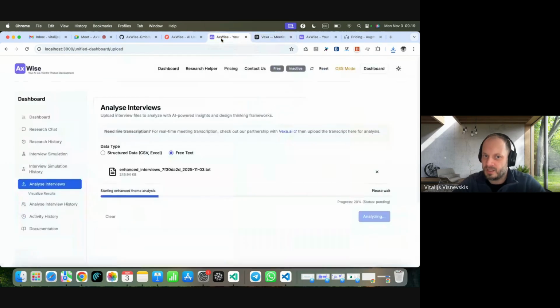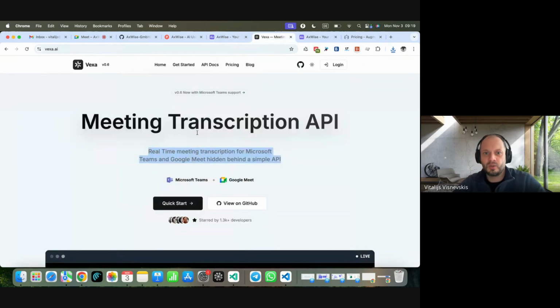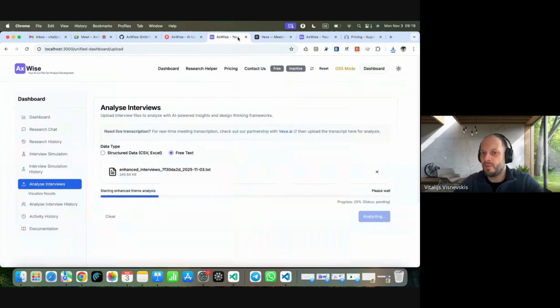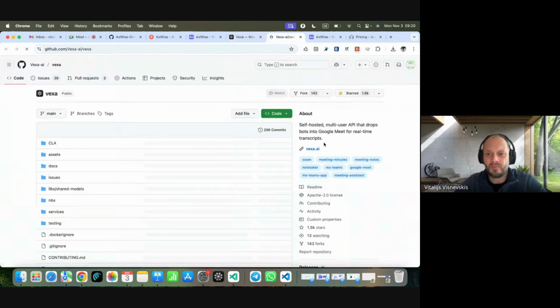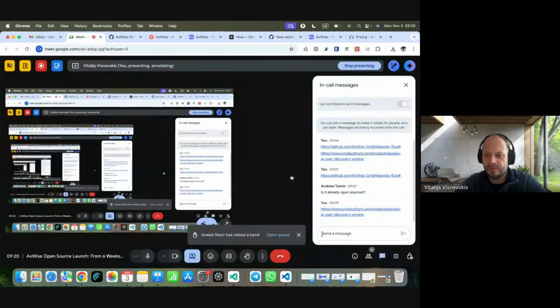So you can take AxWise, you can take Vexa, you can take some automation and run both, ask these questions, and then people might even answer them. So you can build end-to-end systems that automate the process with real people, with Vexa and AxWise. It's also open source, and has 1.5 stars.